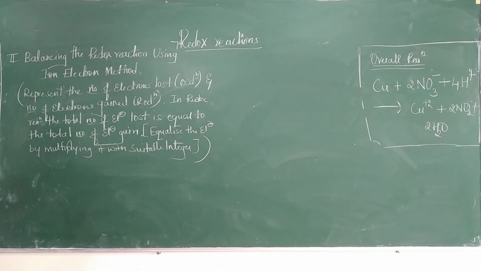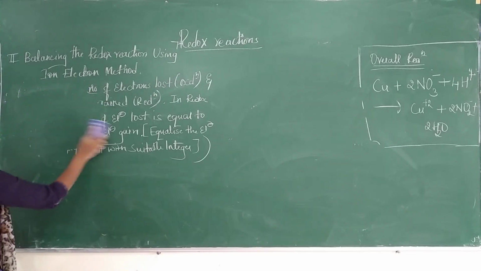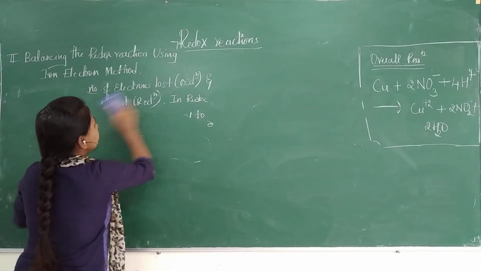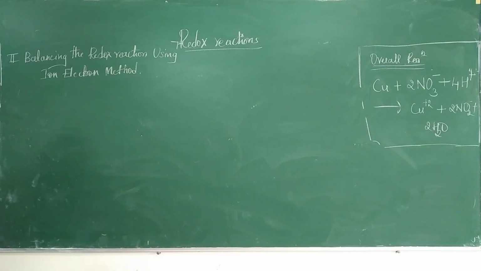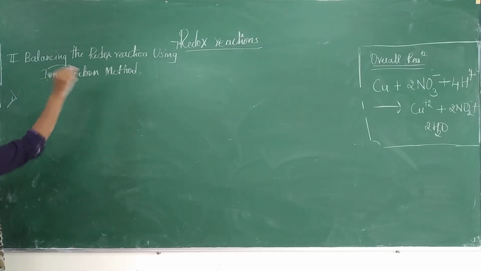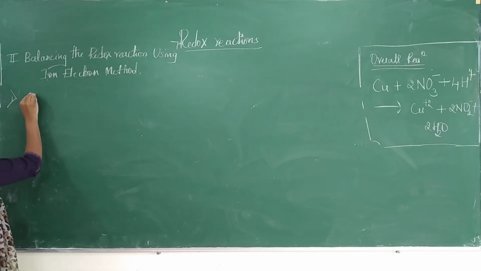Clear? So have you noted it down? Next we will balance a redox reaction using the ion electron method. Shall I rub it? Okay. If you understood it, it is okay. No need to write it also. It is the same as the oxidation number method. So now I will put a question, see. So our first equation to be balanced using the ion electron method.